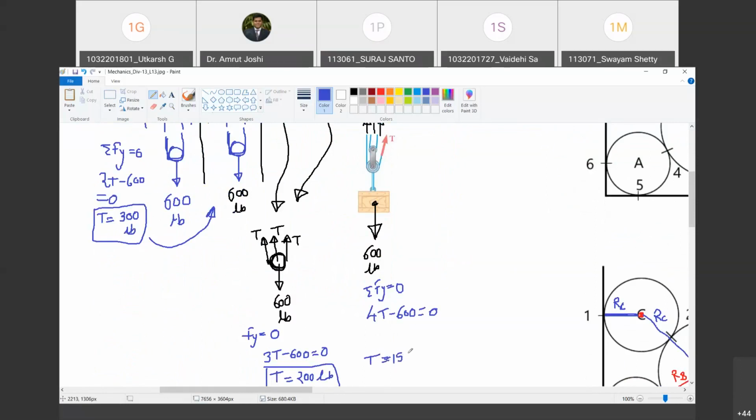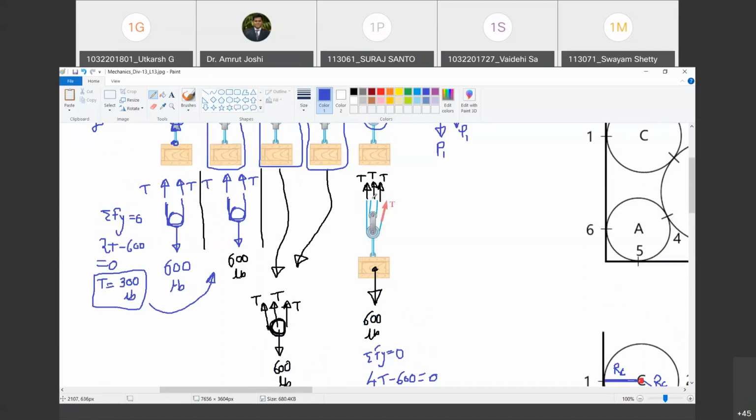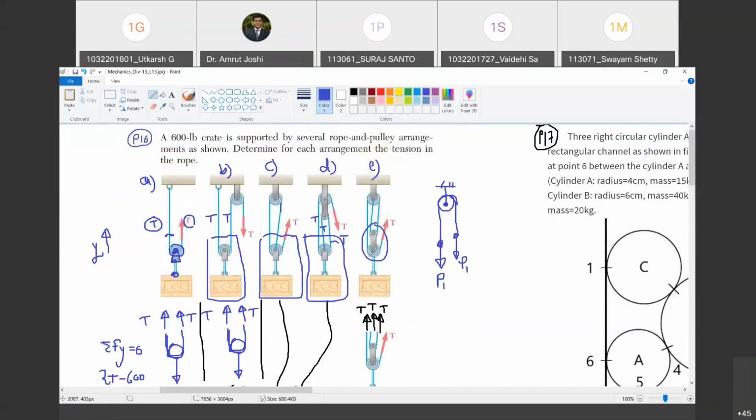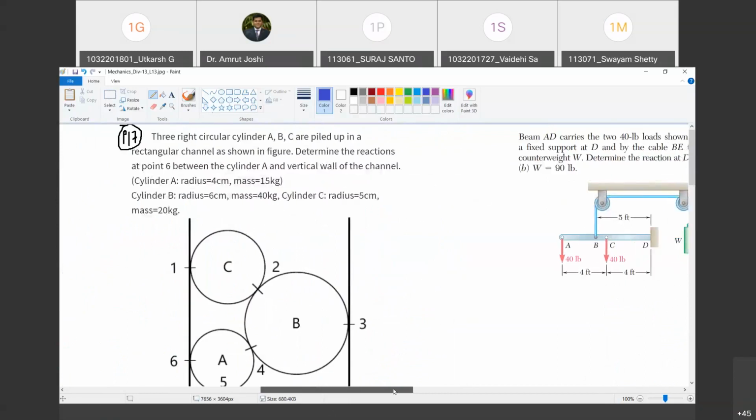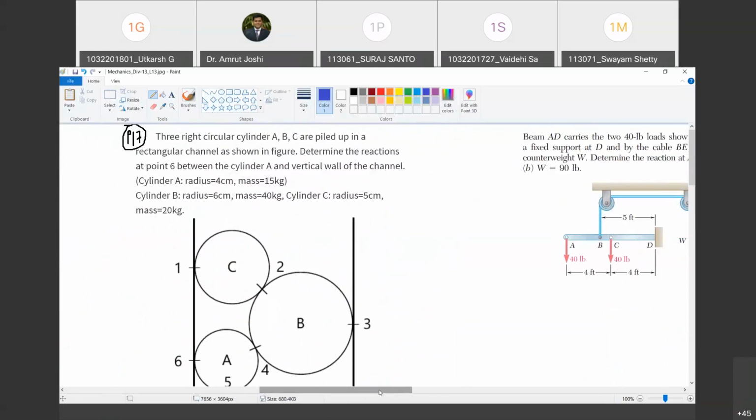So which one is the best arrangement amongst all four? This last one. Can we make it better? Yes, we can. You go on increasing the number of wires that you need to cut in drawing this FBD, and the arrangement becomes more and more useful, easier to pull. Yes, you are right. So have you understood this problem? Yes, sir. Fairly simple one. Now we are supposed to solve this problem, but I feel that there is one data missing in this one. So I will think on it today, and we will solve it tomorrow. We will go ahead with the next problem.